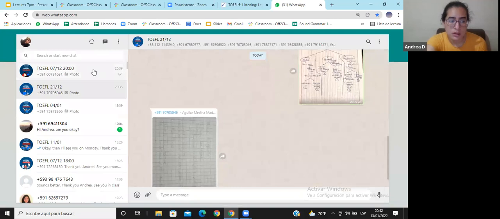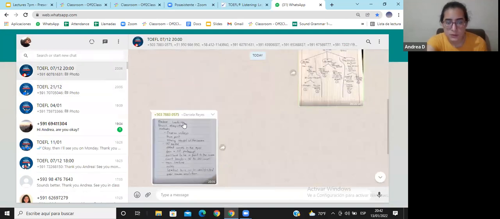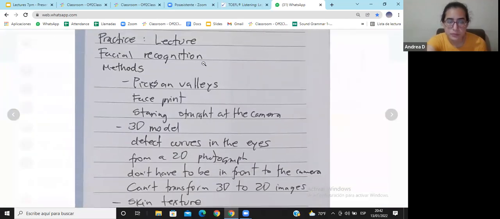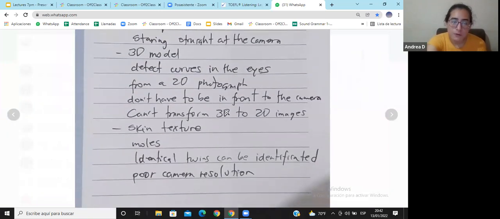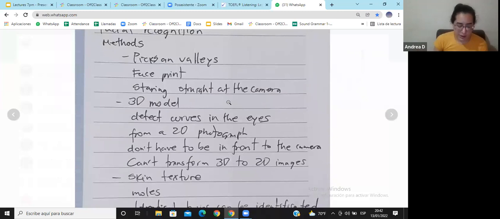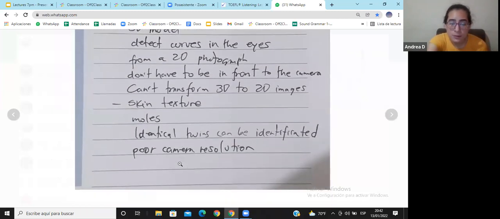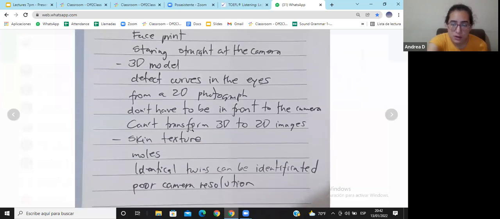Okay. I also take a look at this one here. So, all right. Okay, perfect. I like that you have like 3 icons there. So I guess the first one is the 2D model, then you have the 3D model and the skin biometric one. You have some information there.